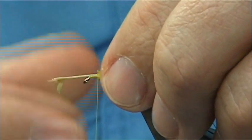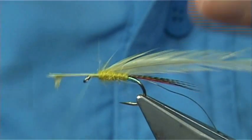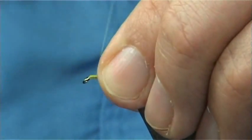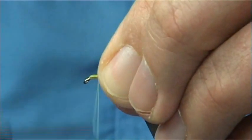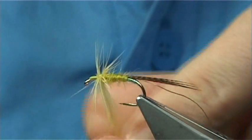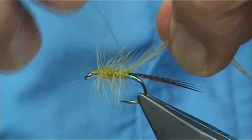So looking for a fibre length just slightly longer than the width of the gape. Now what I'm going to do here is take the thread down to the eye and break this off. You can cut it away if you want, but then come back up. At this point you can check your distance. You need at least 2mm. Now I'm going to do a full turn with the hackle at the top, and then quickly come down, round about, I would say 3 turns or so. Cross your wire,